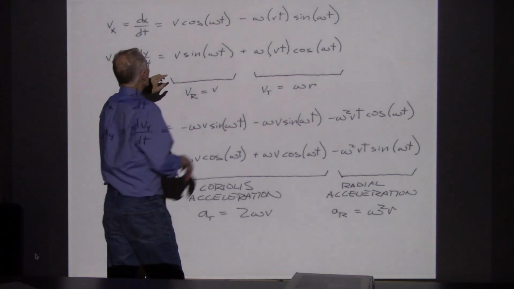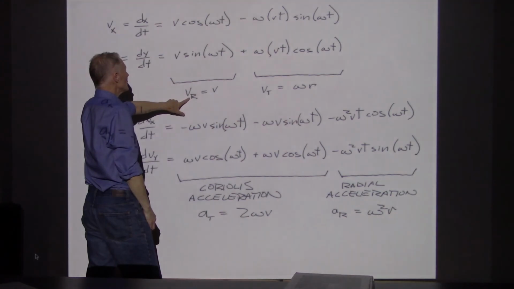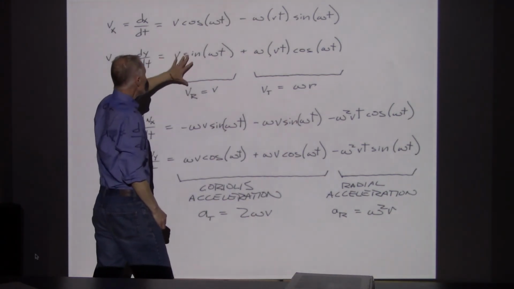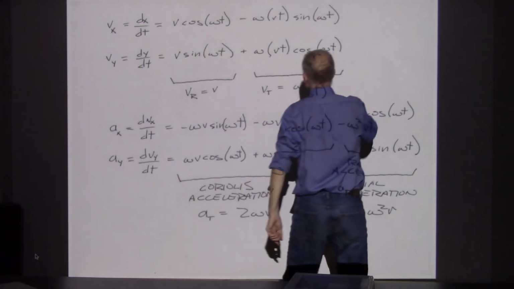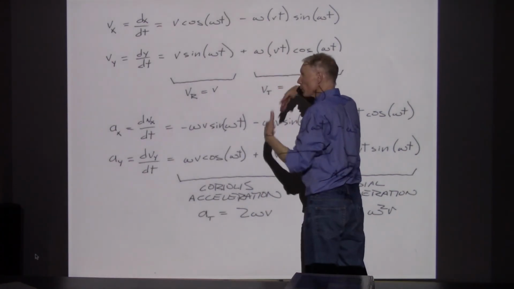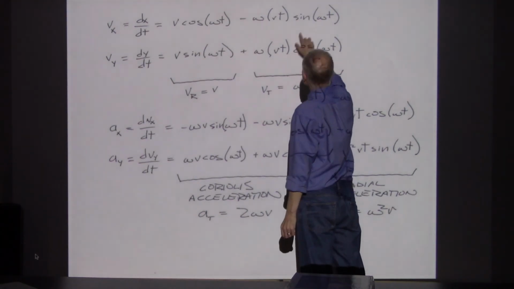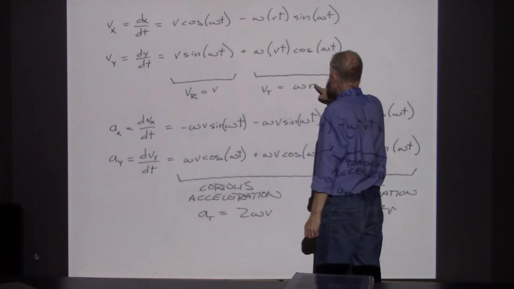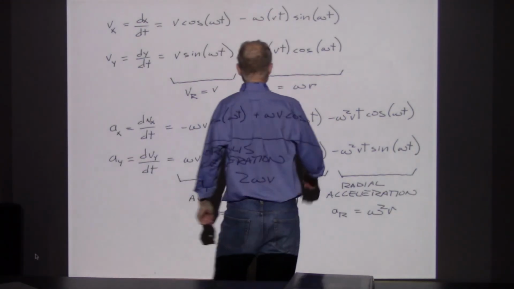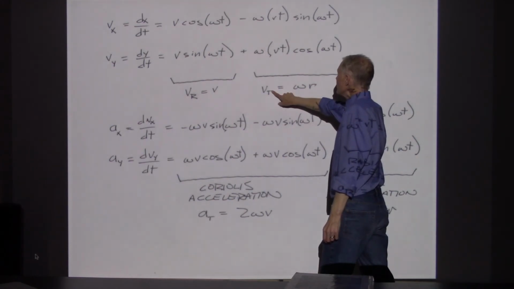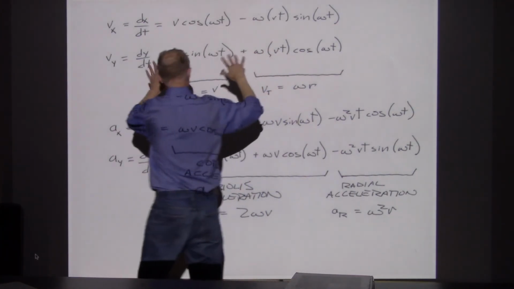Now when I did that, I got a set of components that correspond to the radial velocity. So these components, x and y, correspond to the person walking away from the center. Now if I go back and take a derivative and use the product rule, I'm going to get another set of terms, and this actually is sideways velocity. That's the velocity in the tangential direction. And if you remember, velocities in the tangential direction are given by r omega. Now that's the velocities, and that's already a little